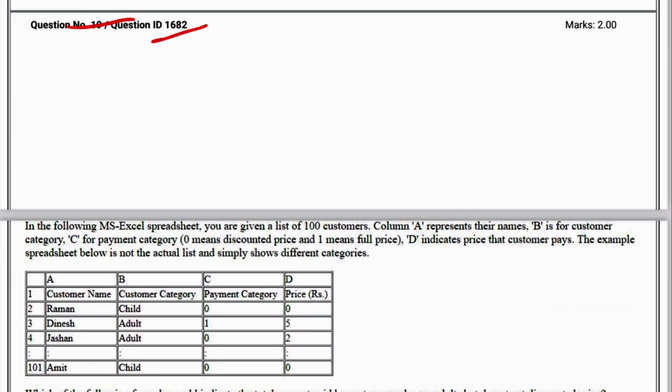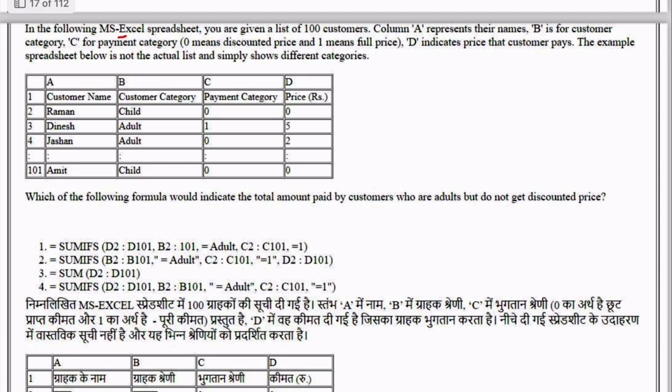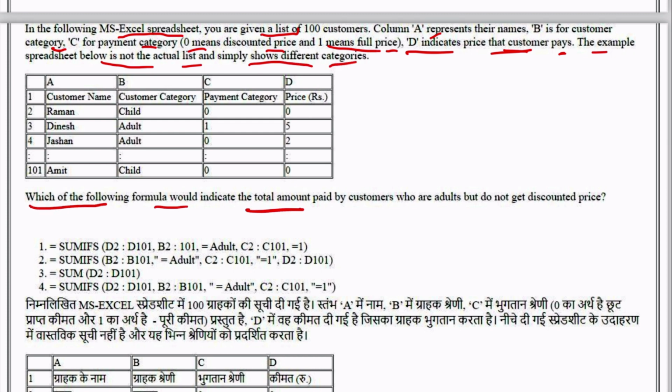Next is 82. In the following MS Excel spreadsheet, you are given a list of 100 customers. Column A represents their name, B customer category, C payment category. 0 means discounted price, 1 means full price. D indicates the price that the customer pays. The example spreadsheet below is not the actual list, it simply shows the different categories. Which of the following formulas would indicate the total amount paid by the customers who are adults but do not